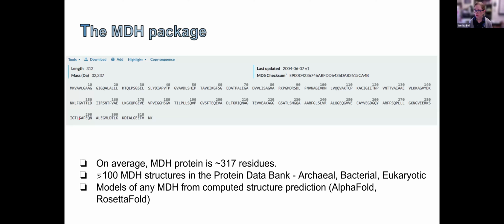Unique structures, there's around 50 that have been done experimentally, but of course with computed structure prediction such as AlphaFold or RoseTTAFold, now you have access to basically input a sequence of your favorite malate dehydrogenase from any organism and get a fairly decent model to start with, which you can then validate through experimentation. So today I'm going to focus on just those structures that have been done experimentally, although you do have access to AlphaFold, et cetera,